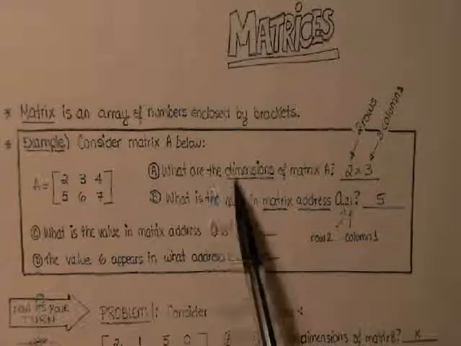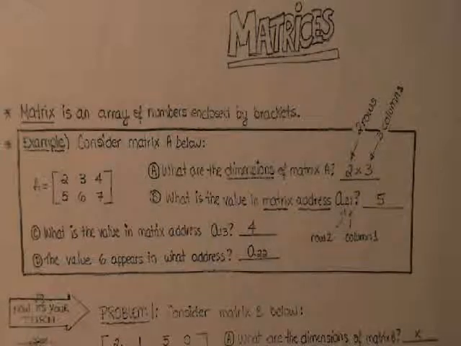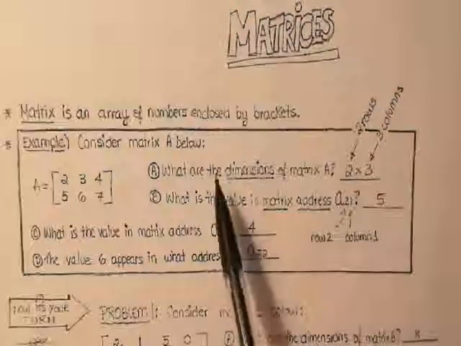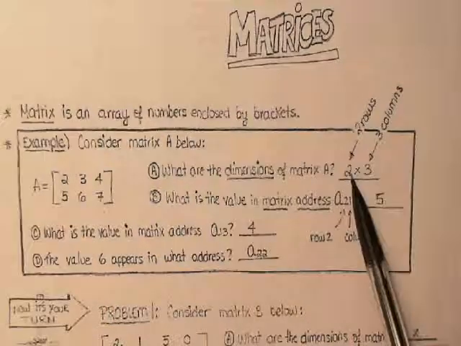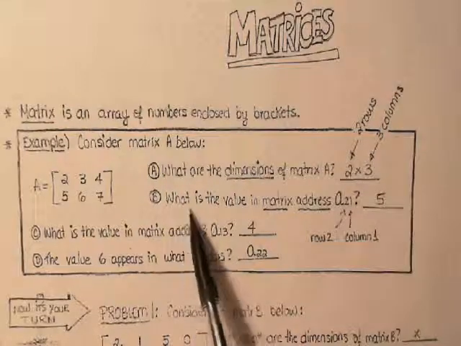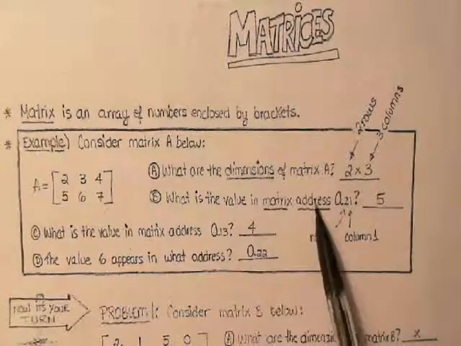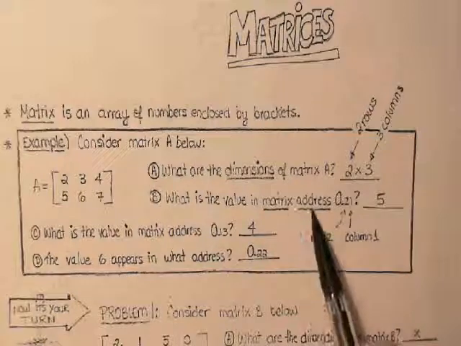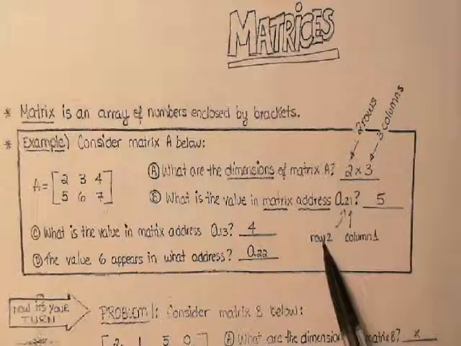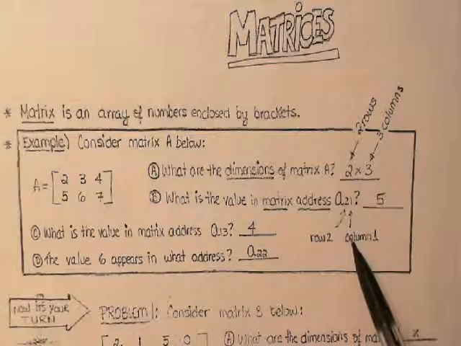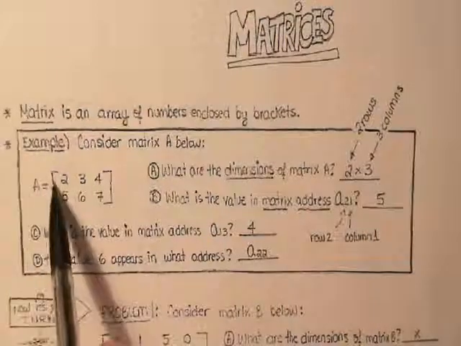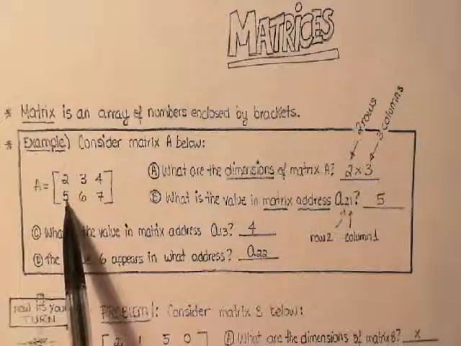Whenever we talk about dimensions of a matrix, we usually put the rows first and the columns second. For example here, what is the value of matrix address 2, 1? A matrix address comes in the following way. The first number represents the row, the second number represents the column. So if I'm asking for the matrix address 2, 1, I'm going to go to row 2, column 1, so